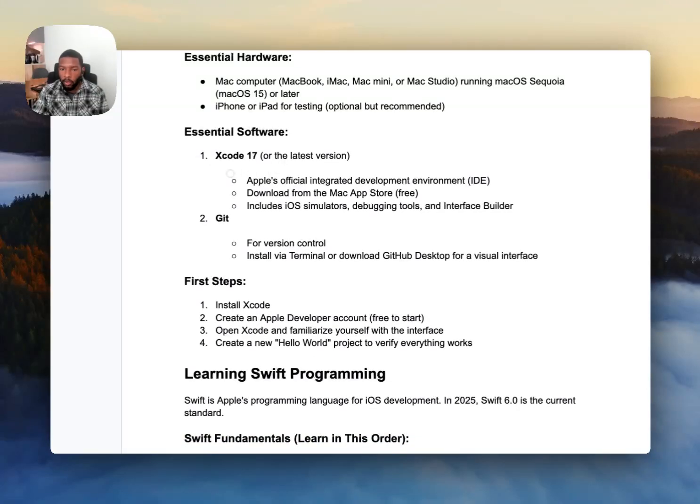Xcode. Xcode is the development environment where you're writing code to build the apps. You can get this for free. One thing to note here is that there's a software called Xcodes that gives you the ability to download previous Xcode versions if you want to look at different iOS versions. But I think for simplicity, just focus on the one that's in the Mac App Store. And